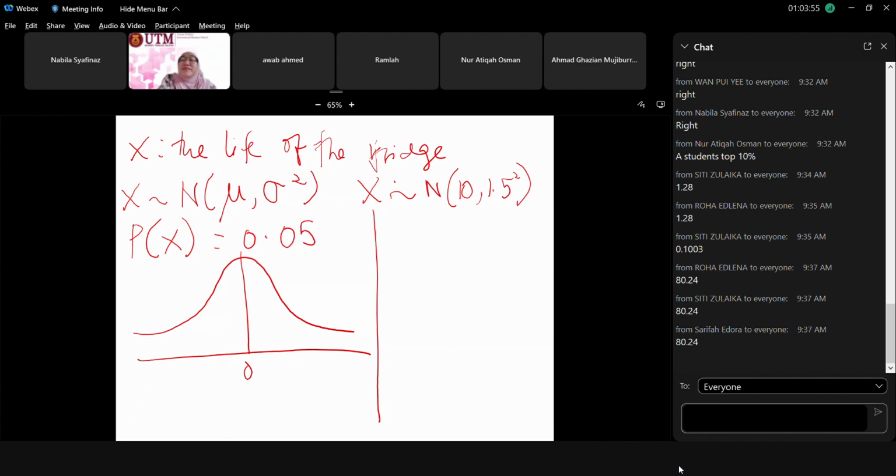Why, Nabila? Because the manufacturer does not want... Okay. Yes, because the manufacturer only wants as small a number as possible. They don't want to replace the whole thing that they have sold, right? They only want to replace just a small portion of what they have sold to the customers, right? So if you think it's on the right, it's going to be a very big number,